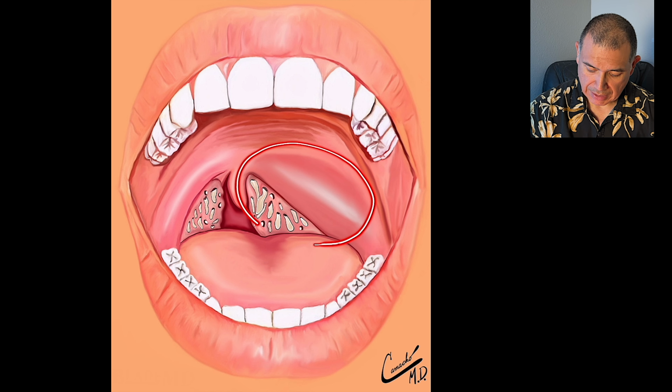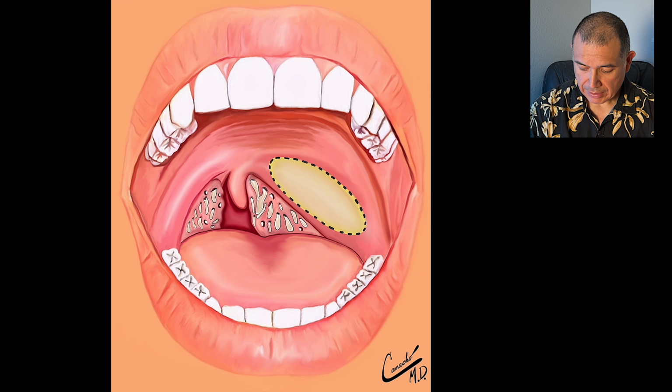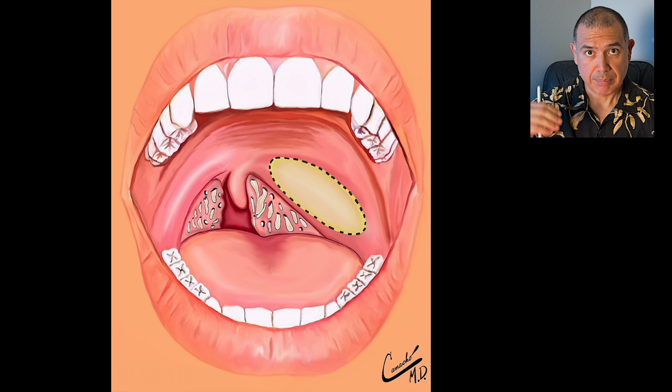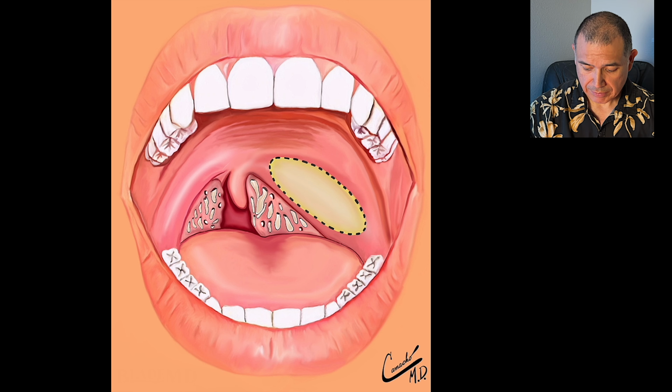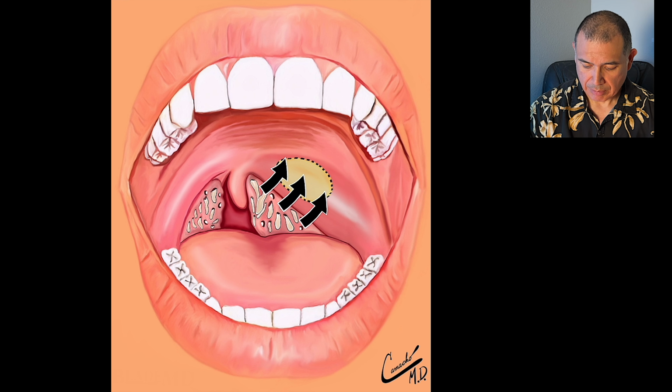In this video, I will talk to you about peritonsillar abscesses. Here we can see an infection in the back of the throat of a patient who has a peritonsillar abscess. If we look at their infection, you can see that there's a pus pocket deep to the surface of the tissue. The way this happens is that a patient will develop tonsillitis, which is an infection of the tonsils, as